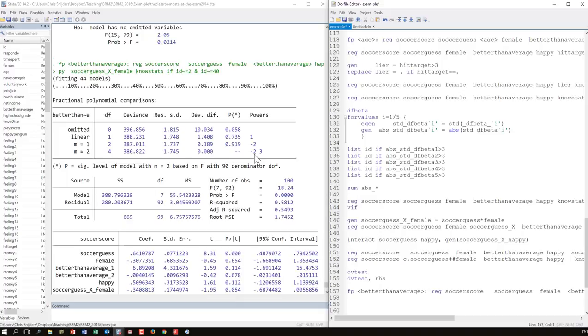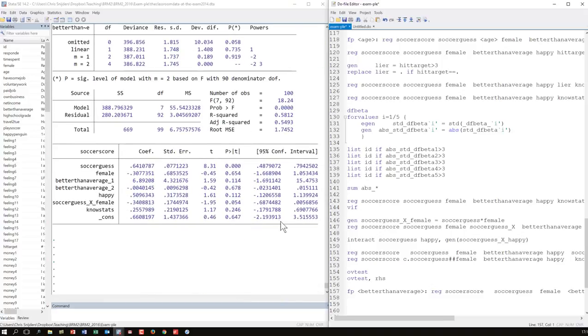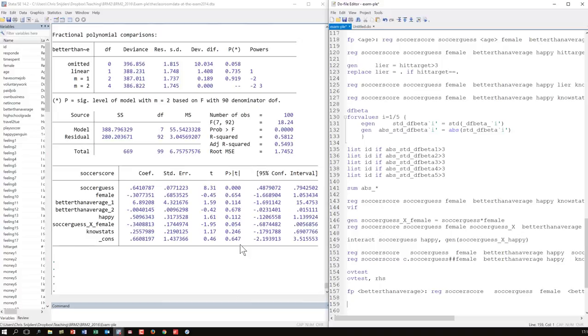It had better than average raised to the power of -2 in it, and better than average raised to the power of 3. That's the best one, and this one is not worse than that one. And this one, and that is the one that I started with, so with better than average as a linear effect, is also not worse. So apparently it's not better than average that's going to help us out here, which is a bit of a nuisance. Okay, so what I do here is, I'm not sure if it's a good idea to go through all these at this point, but I try the other ones.